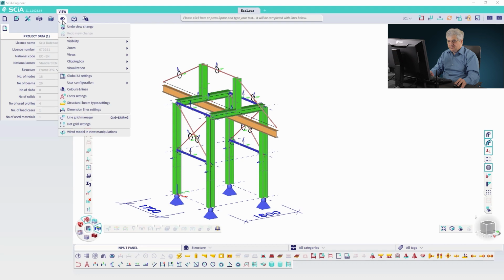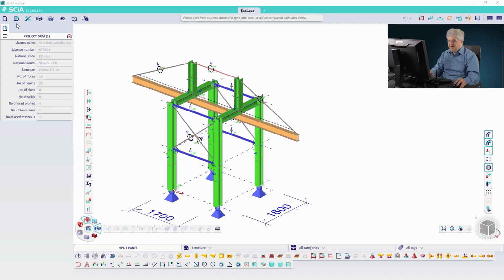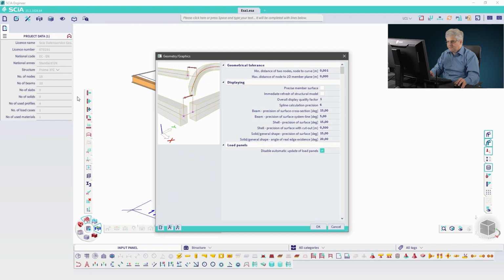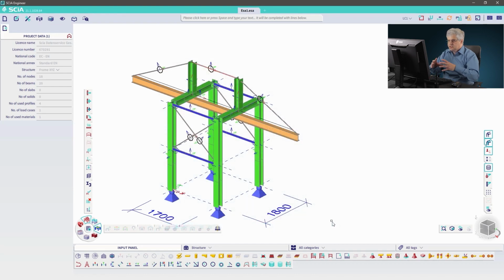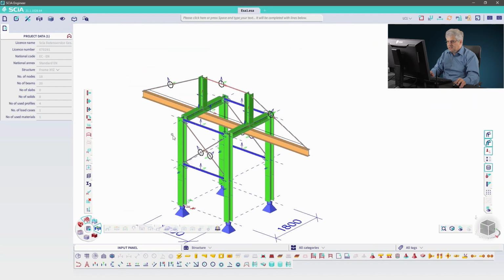And now I can again look at the general model. If you want, you can activate that this model will be generated each time, and this is in geometry and graphic settings, and then you can activate immediate refresh of structural model. Then each time you see the actual structural model,